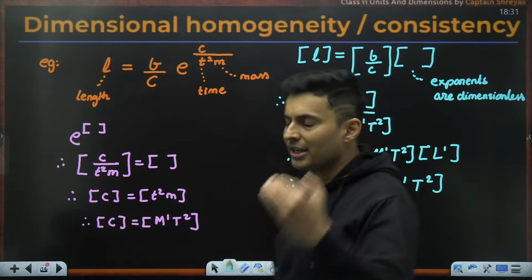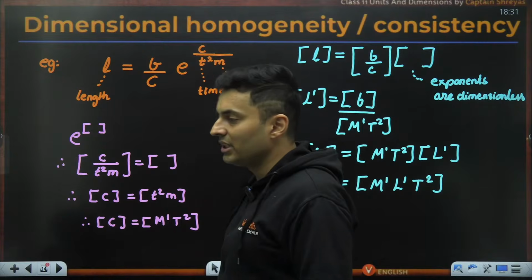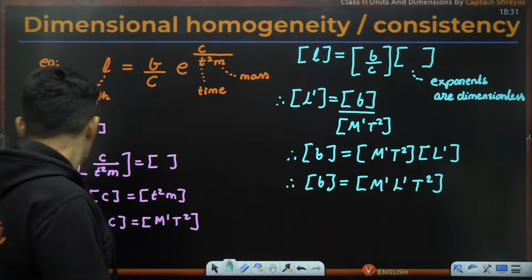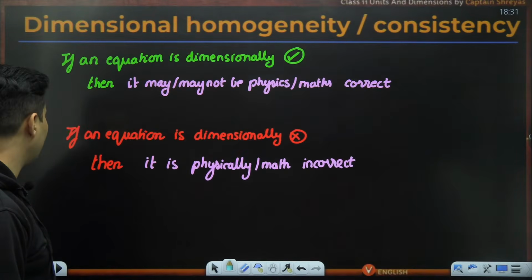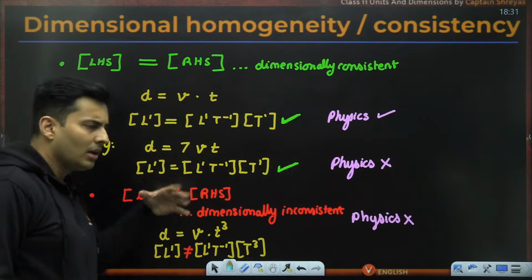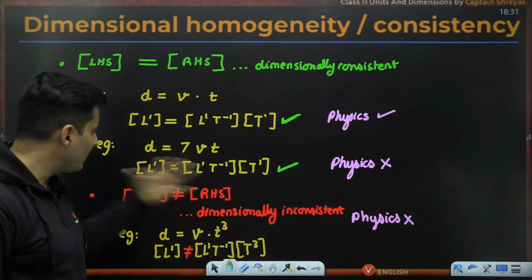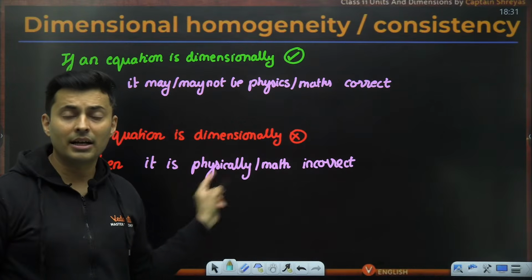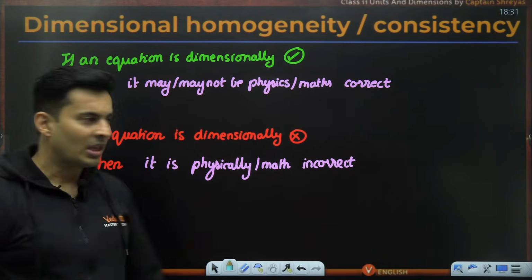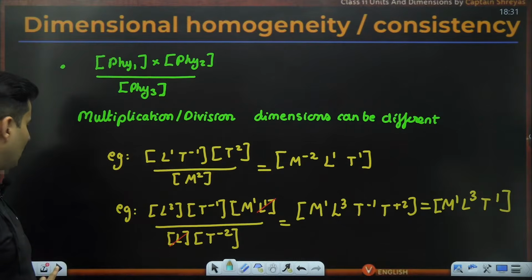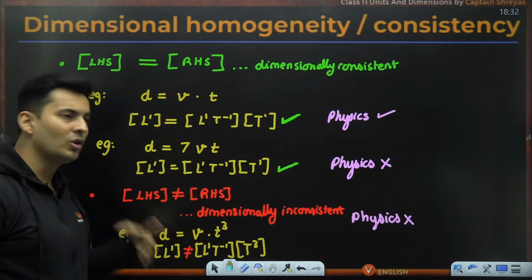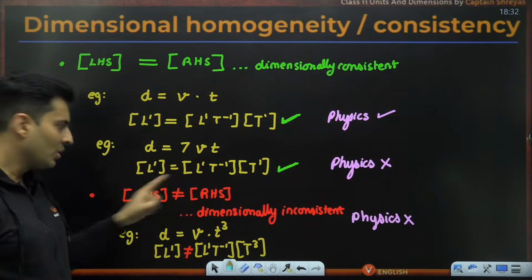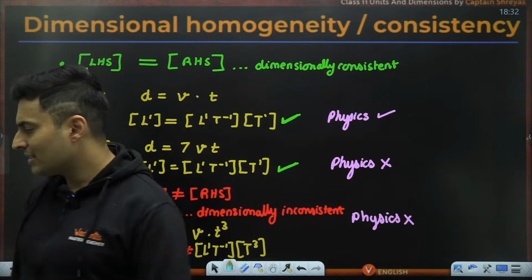So this is how you can use the dimensional consistency or homogeneity principle to figure out any unknown dimensions, or to check if an equation is perfect or not. You can see if some equation is dimensionally wrong. If some option is dimensionally wrong, it can't be correct. It has to be incorrect. So we'll eliminate that option. Imagine some option, option C, says D is equal to VT cube. It is impossible for that to be correct. So you will eliminate such an option. Is that making sense, everyone?